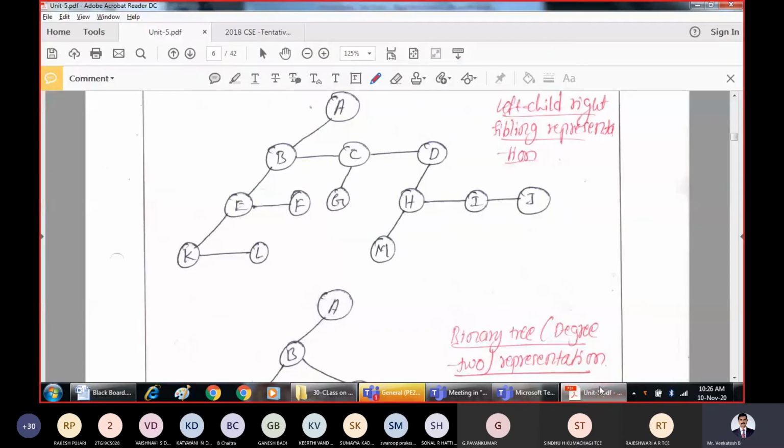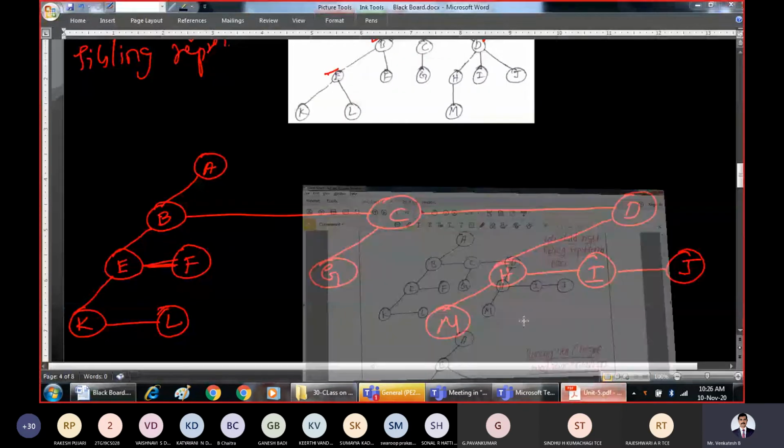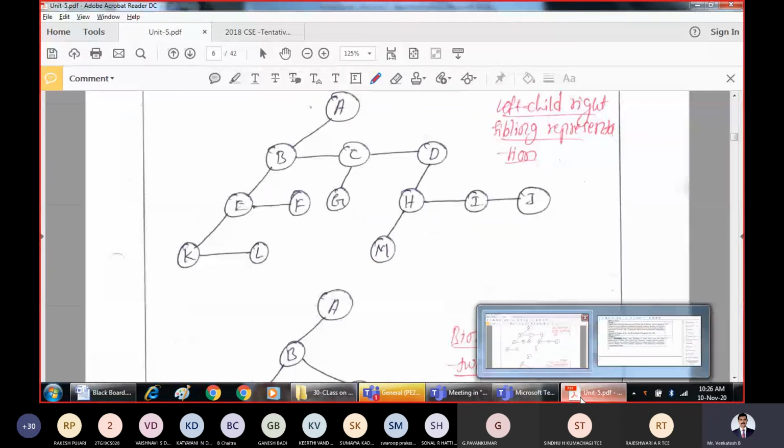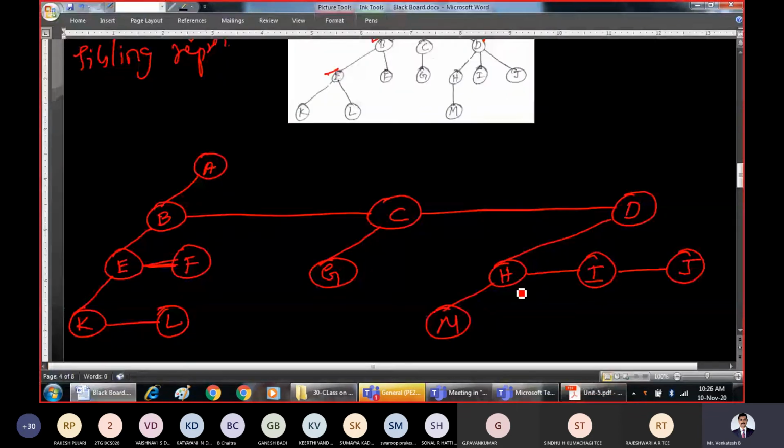You can see here the same representation has come. This is the solution which earlier it was done. Whatever left children are there, write them as it is first to the left, and remaining children you insert them horizontally. Left child, right sibling. Similarly for node B, what are the children? E and F. So write E as a left child, remaining children, siblings, you write them horizontally.